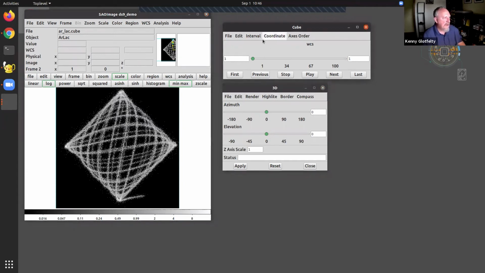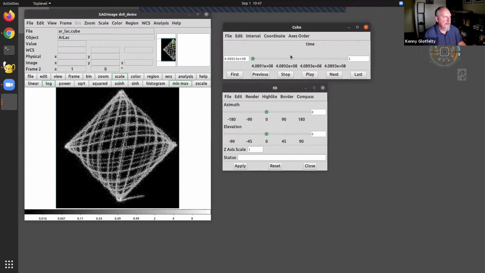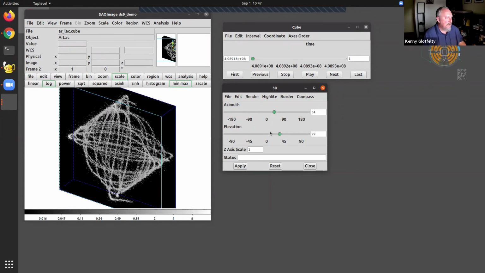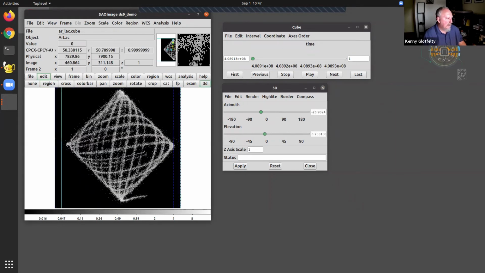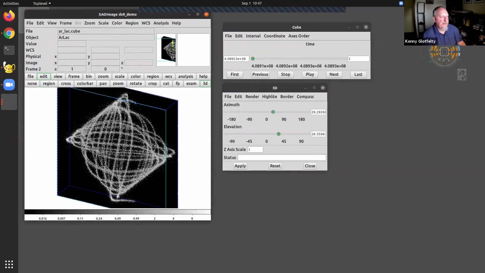You're seeing the front face of the data cube right now. I can set the coordinates to this, and you can see that the third axis here is actually time. I can now rotate this guy using the sliders here to control the orientation. I can also go into Edit, 3D, and click and drag to rotate this guy. Remember when I said about the multiple processors? The 3D rendering is using up all my processors here. So when you see my little CPU load, you can see it going crazy